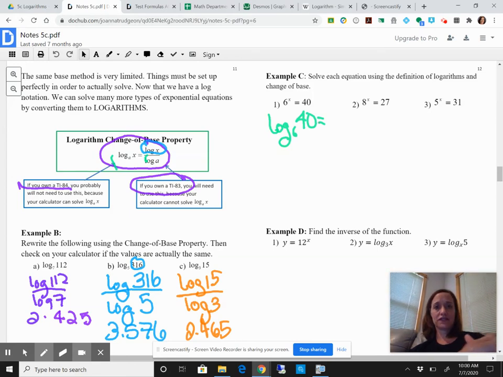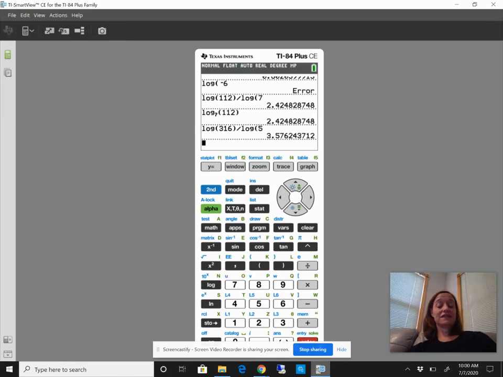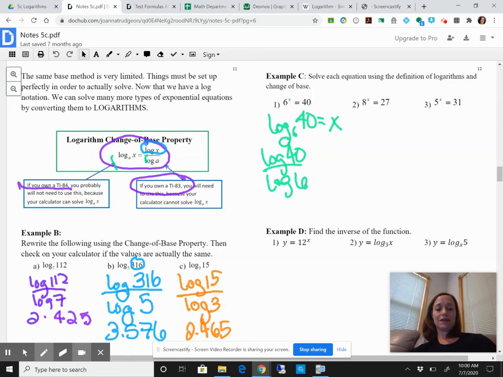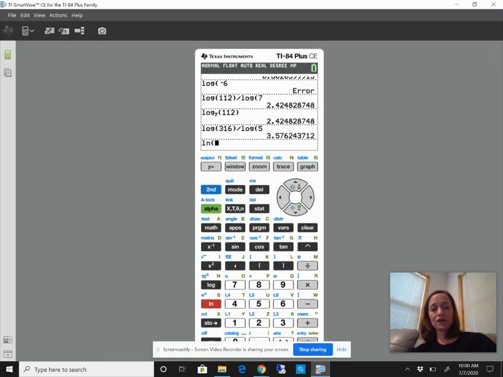Log and 40 are on the same line, same size. Now I can use change of base. This log equals x, by the way. I didn't even finish that. Now I can change this to change of base: log 40 divided by log 6. I can type that in my calculator: log 40 divided by log 6, and I get